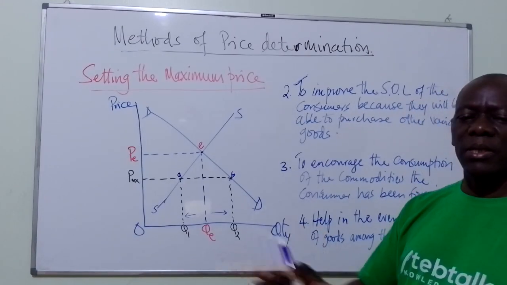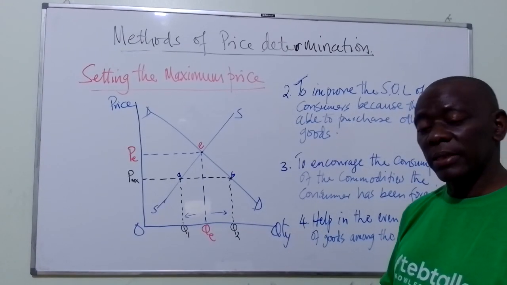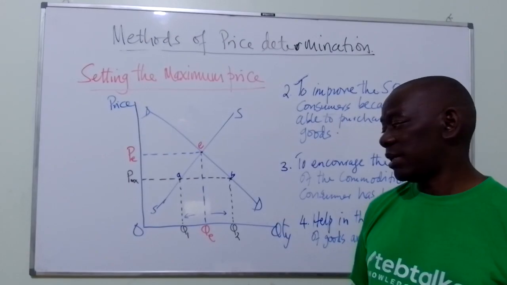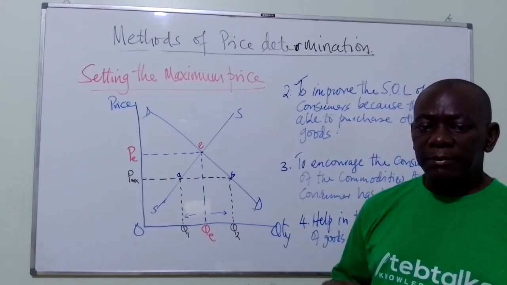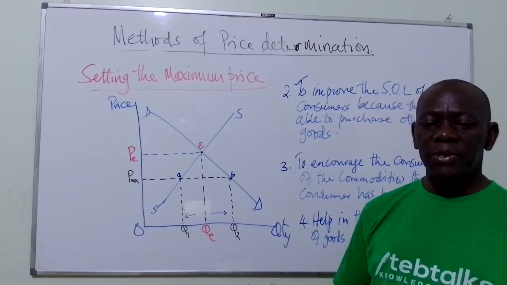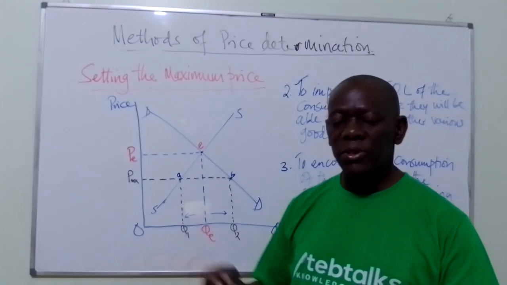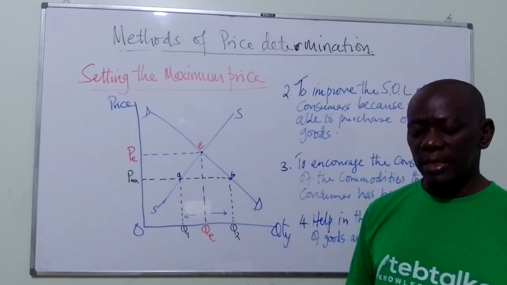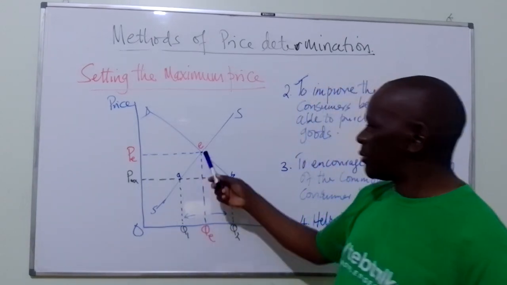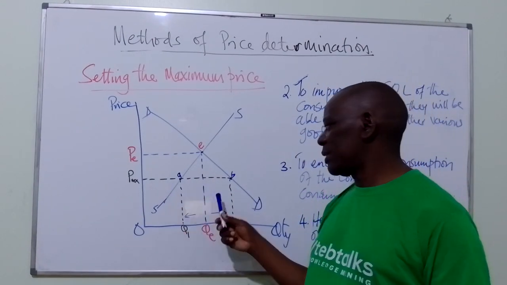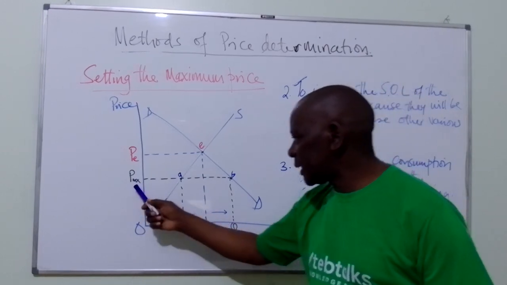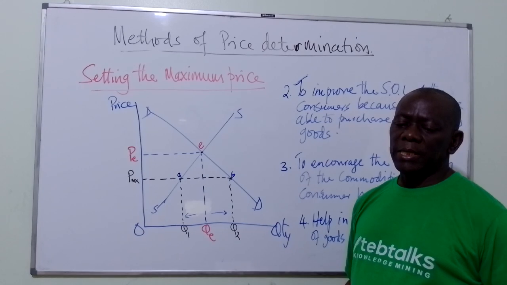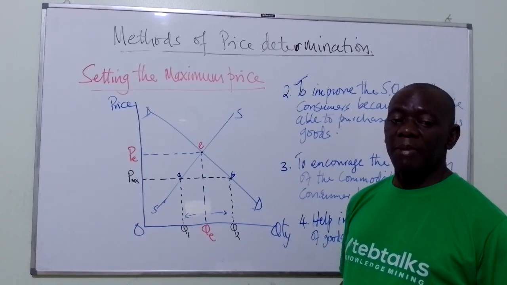Those who have been foregoing the sugar are going to come on board and start buying the commodity, the sugar. That means the set maximum price has helped the consumers to start consuming the commodity which they have been foregoing. And why foregoing it? Because the equilibrium price has been higher than what they can afford. Now that it has been lowered,